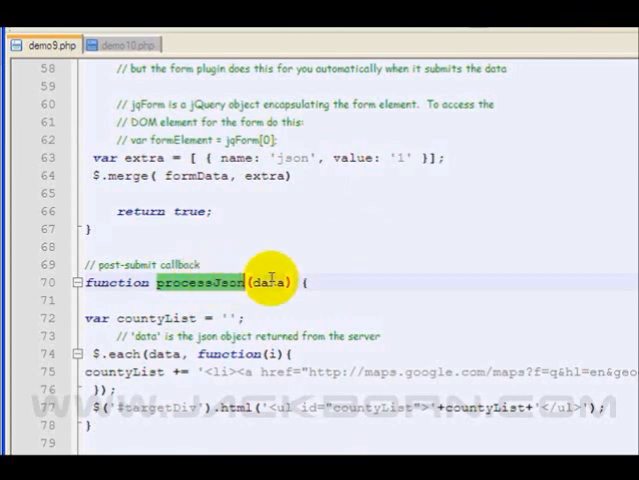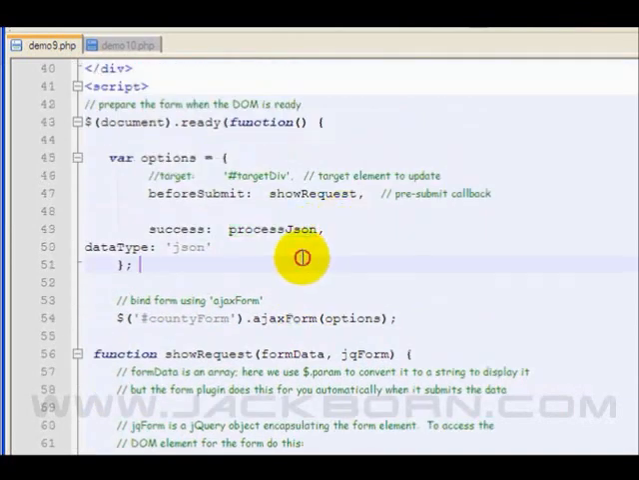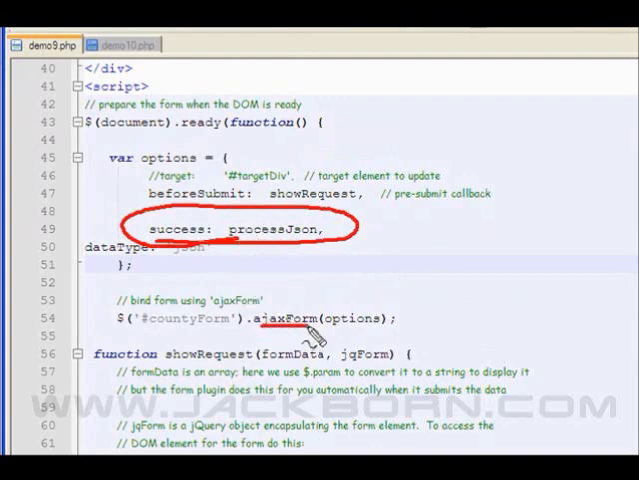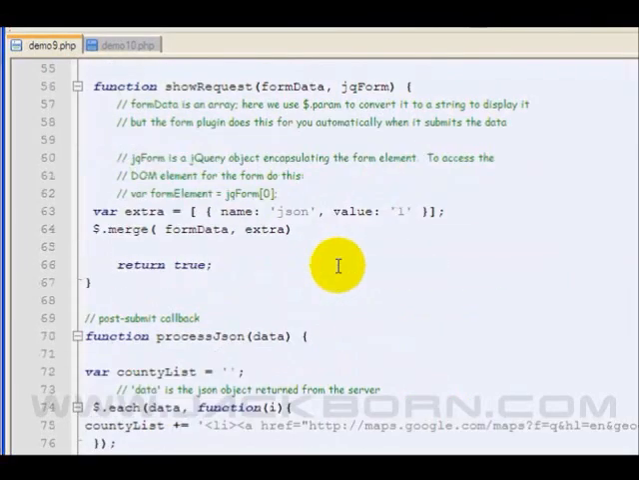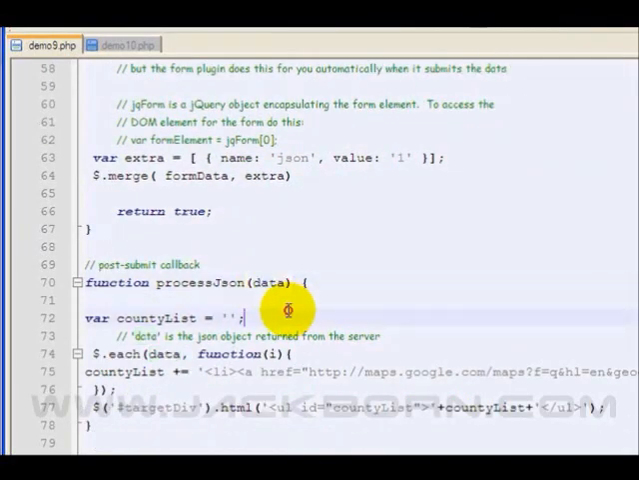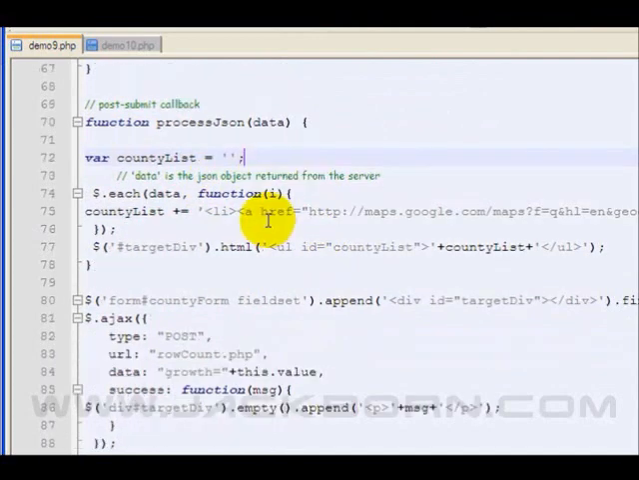We're grabbing the JSON data when it's coming back. So in other words, on success, using the Ajax form plugin, we're going to fire off this function, process JSON. And this data is the JSON object. So what I want to do is use the each function from the jQuery library, and I'm going to iterate, or cycle through, every single one of these data points inside the JSON